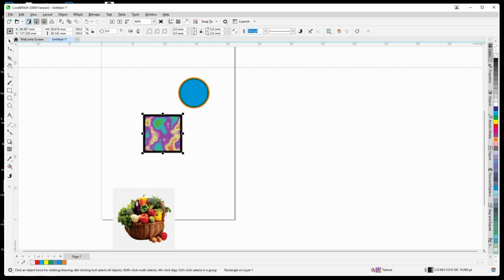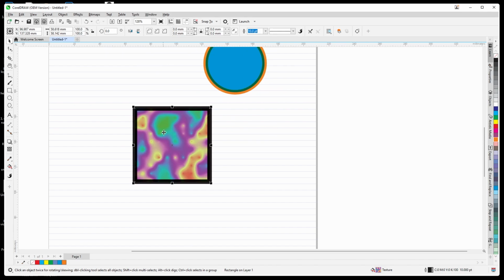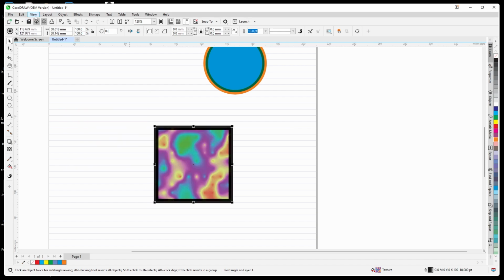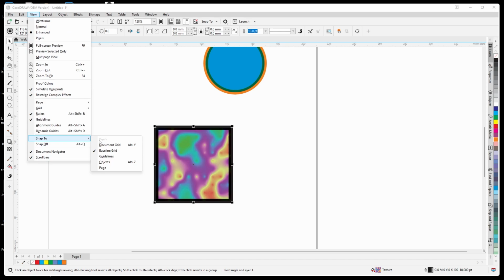Uncheck this one, this page. Come to view. It's a baseline grid. Okay, I'm using baseline grid. The baseline grid. Okay, now here check this one. It is what? Snapping to baseline grid. Now see, when you click this one, it is snapping. Now see, it is snapping to baseline grid. The view grid. So uncheck this one, and again from view, the snapping, uncheck the baseline,